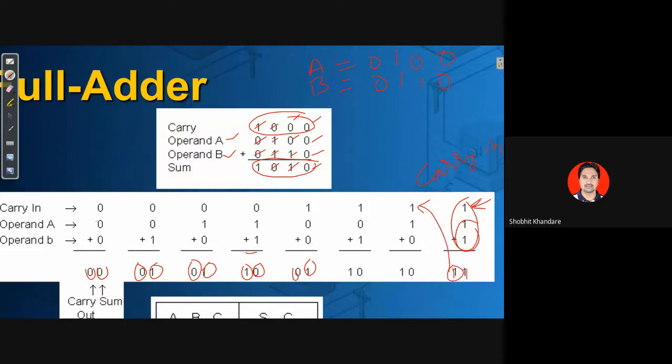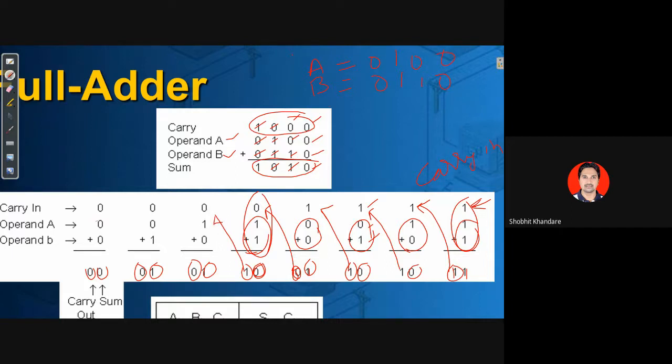Then suppose there is addition of 1 and 0, but carry is generated from the previous addition. So 1 plus 1 is 0, 0 plus 0 is 0, but the carry is generated यहाँ पे. Then this carry is carry forwarded. Then suppose there is 0 plus 1. Again, if you have to add, so there is addition of 3 bits, then the sum is 0 and carry generated. This carry will be carry forwarded. Again, suppose there is 0 plus 0, then 1 plus 0 plus 0, you will have 1. There is no carry generated, but this carry will be taken forward. Suppose if you have 1 plus 1, then if you add the 0 plus 1 plus 1, then again sum is 0, carry generated. And suppose this goes on.